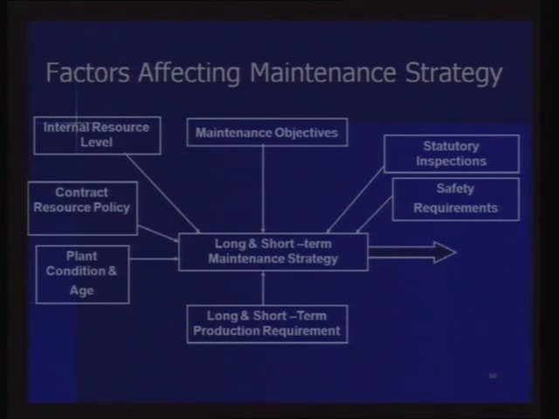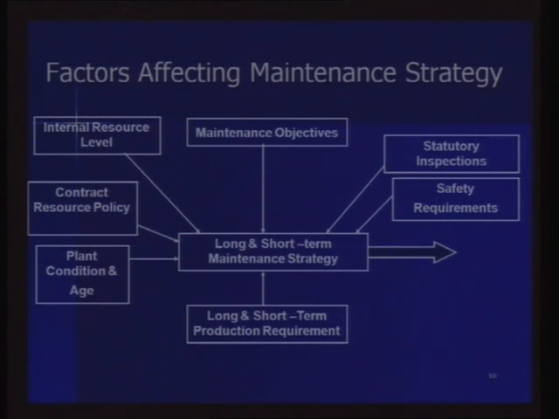This diagram shows the inputs. What are these inputs? Inputs and output. Output we have not mentioned yet, but what are the inputs for deciding the maintenance strategy? We can say these inputs are the different parameters or variables that affect the maintenance strategy. So these are the internal resource level, maintenance objectives,